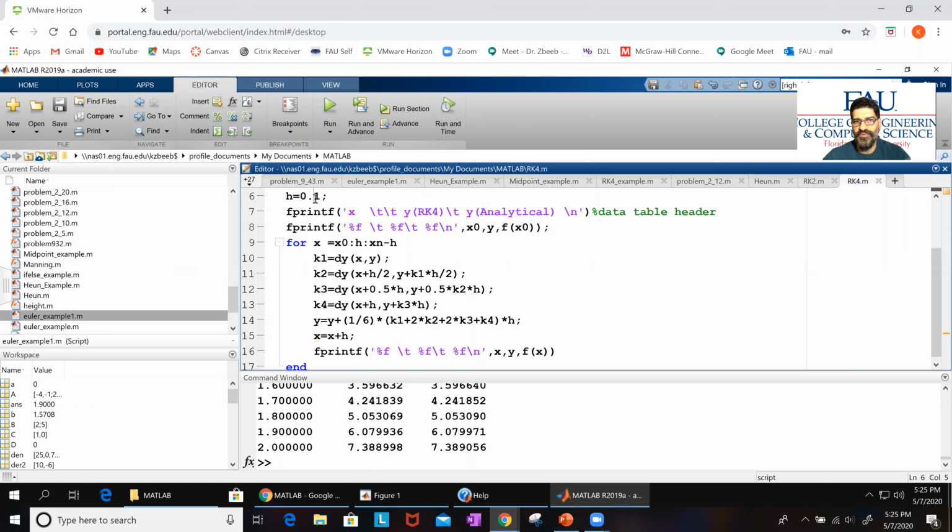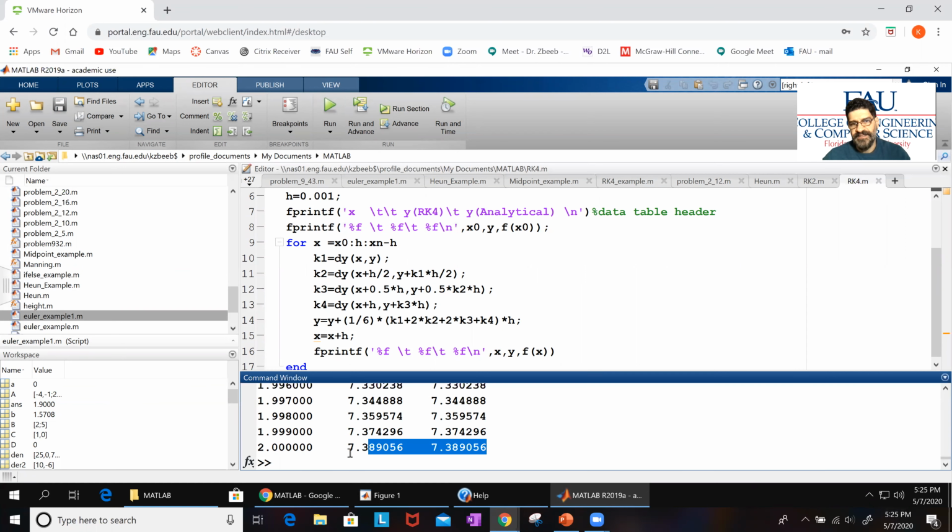If you go 0.001, for example, you're going to see it is pretty much the same. Look at this. Look at the accuracy comparing to the exact solution. So that is pretty much it. Compared to the